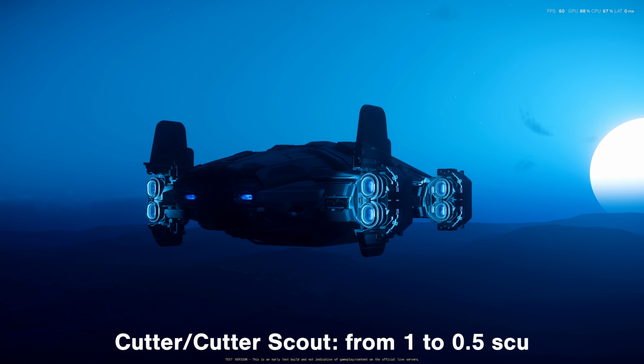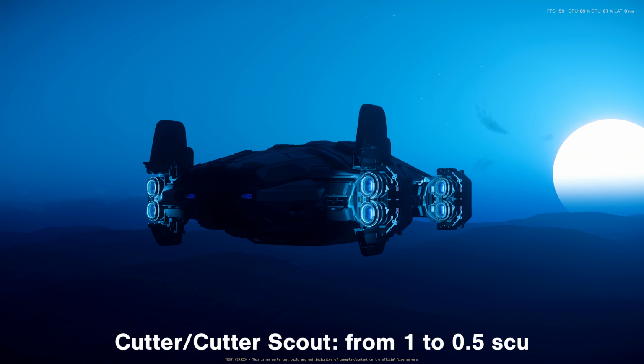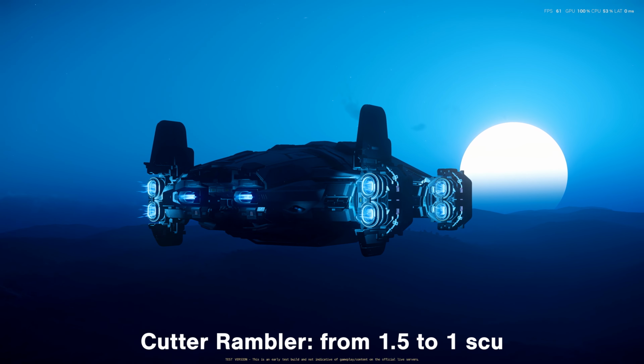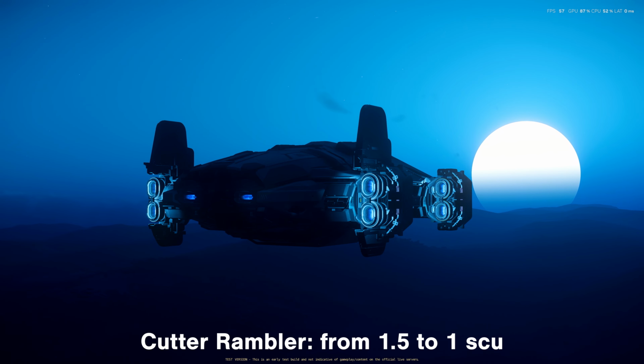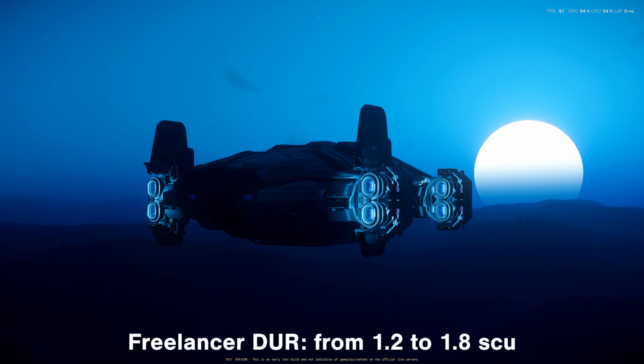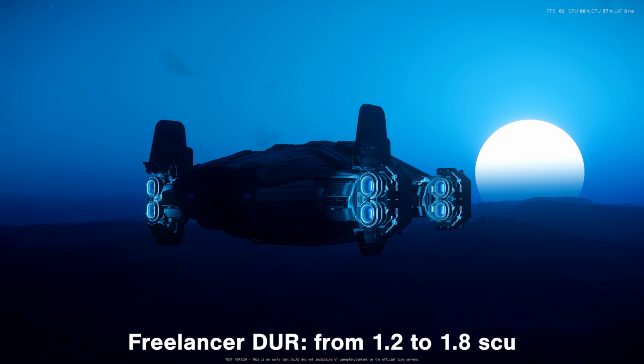While Drake ships have no exception. Both Drake Cutter and Drake Cutter Scout quantum fuel reduced from 1 SCU to only 0.5 SCU, reduced by half. And Drake Cutter Rambler reduced from 1.5 SCU to only 1 SCU, including the Golem reduced from 1 SCU to only 0.5 SCU. However, the MISC Freelancer DUR received a buff from 1.2 SCU to 1.8 SCU, and the